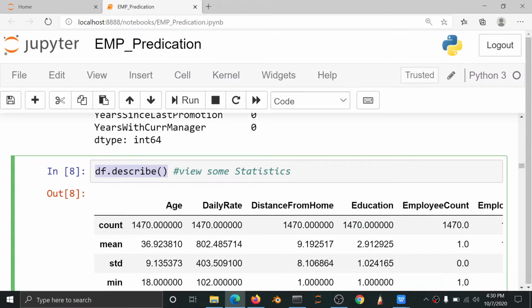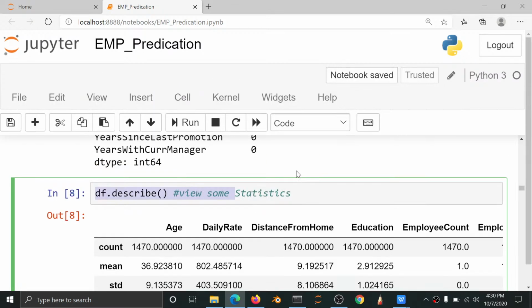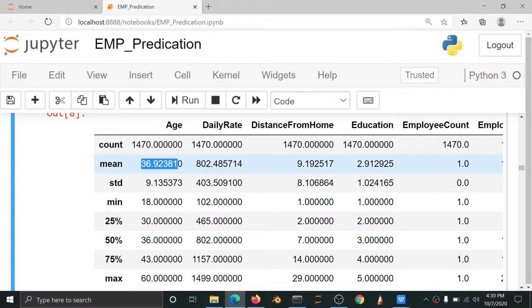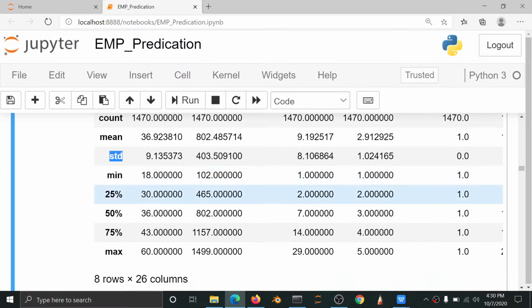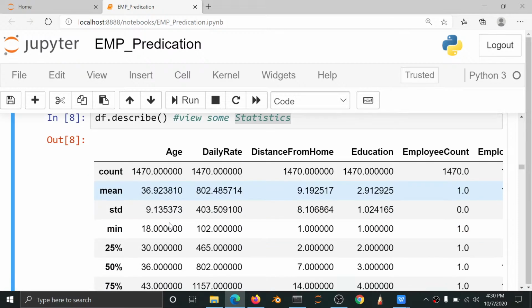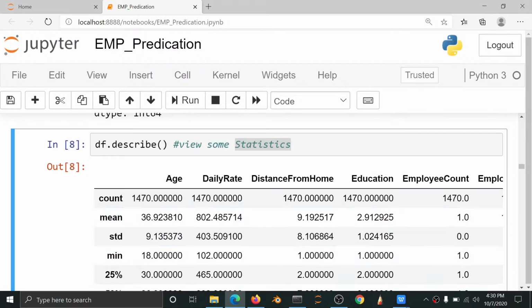And here I am going to see describe. Describe is nothing but the statistics view. That is the mean value of each column, the standard deviation of each column, the minimum value and the maximum value. We need to check the statistics function. So why am I checking this? For example,